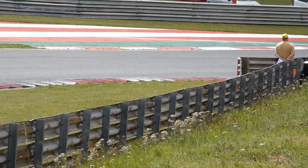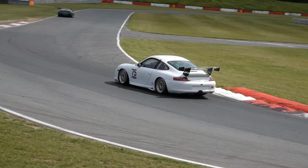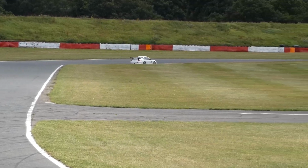But with the... oh wow, young Mr. Fetch getting very sideways in that Ginetta coming through Nelson. And look at this, look at the